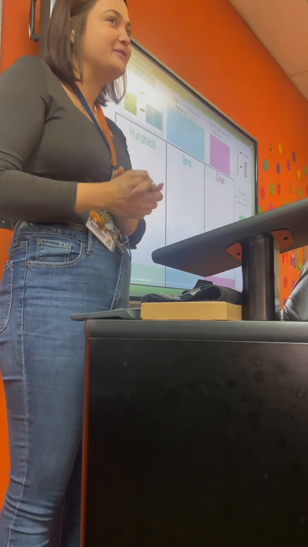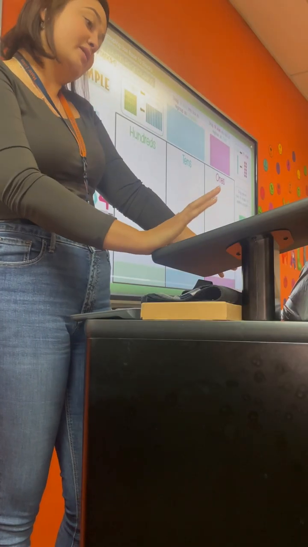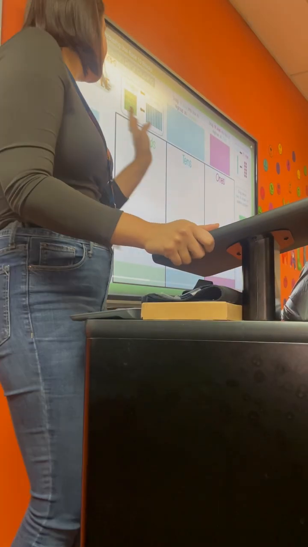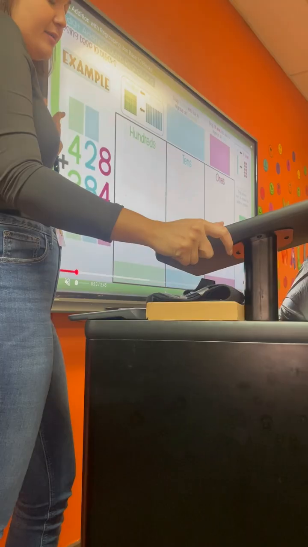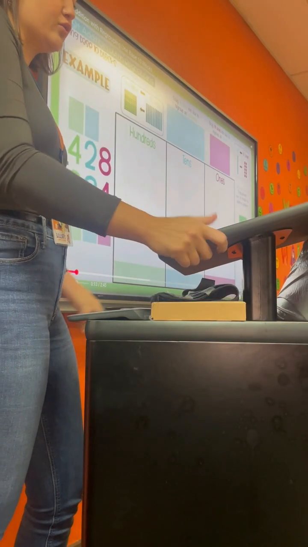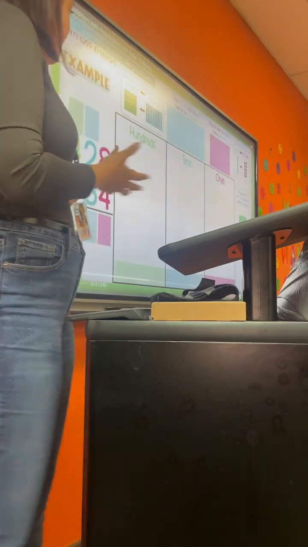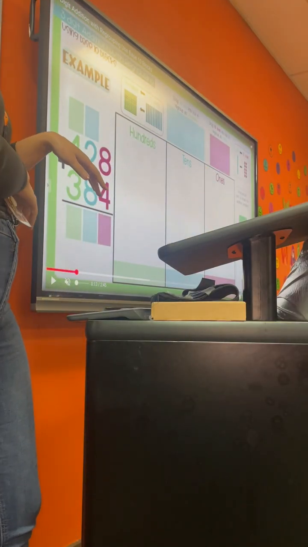Okay, good morning everybody. Today we're going to be adding some big numbers up. We're going to be using 3-digit numbers by the place value and the regrouping. So I want you guys to look really quick at the board here and see that we have a problem